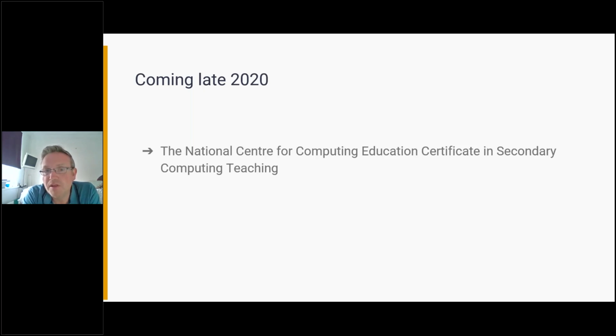If you're doing some of those courses, so if you choose to do one that has a pedagogy link to it, it is more than likely that that will be one of the courses that will then count towards this certificate as well. So they would be applied retrospectively to your journey. Like I showed you, the checklist that appears for the CS Accelerator, you'll get one of those for this secondary computing teaching certificate, and it will automatically record any CPD you do. So if you do complete the CS Accelerator now, you don't need to wait till this is released to start on your next CPD. You can start, and that will be retrospectively added to your journey.